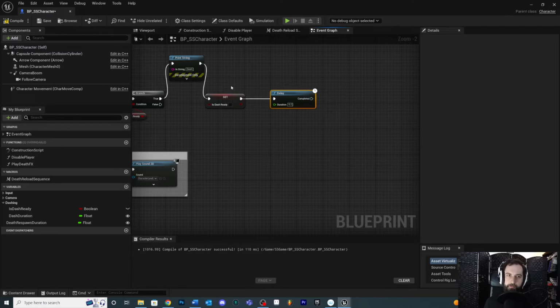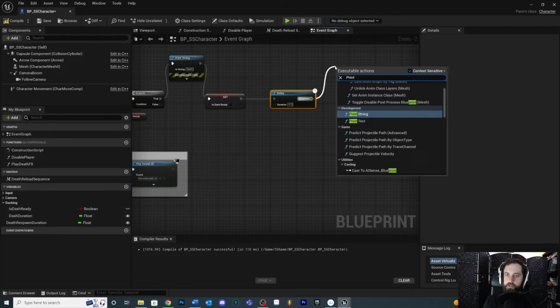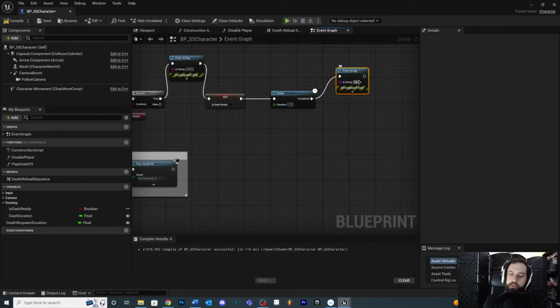So we're going to delay. And then once we're done, let's pull off another print string. We'll say print string and we'll call this stop dash. Okay. So dash and stop dash. Maybe we'll actually relabel this start dash. All right. And theoretically, once we get these triggering where we want, then we could turn those into functions and